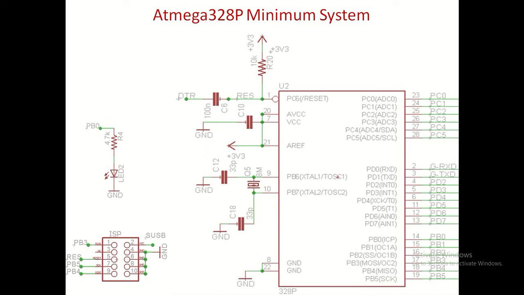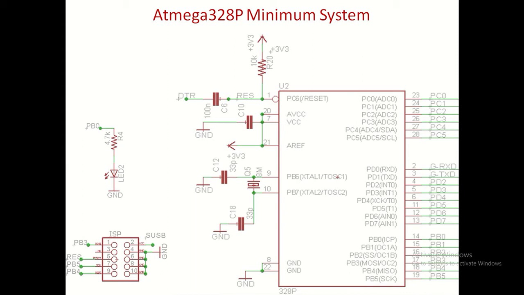Okay, so in this part we will see how to design the hardware for this platform. Since this platform is mainly meant for students, let me explain stage by stage. First is what is called minimum system design. Minimum system means, since it is a programmable device, how or when this controller will start working.